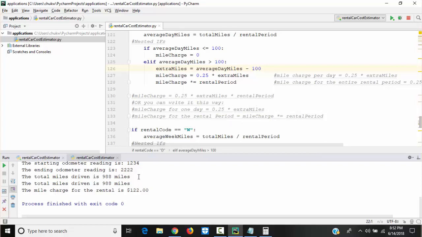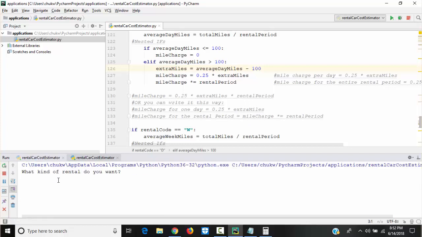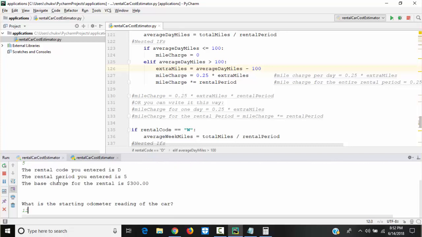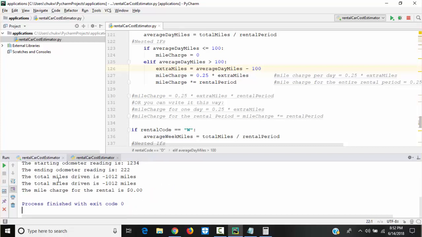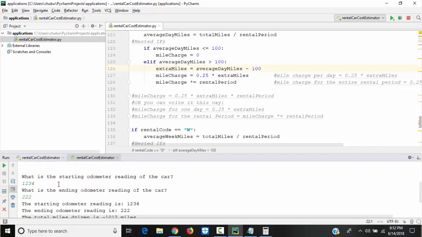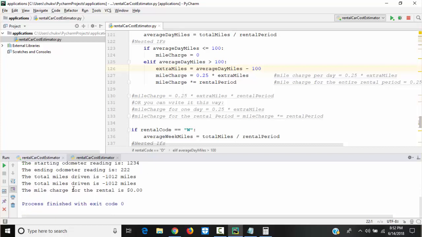What if somebody puts 1, 2, 3, 4 and then makes a mistake and puts 2, 2, 2? Let me show you what I'm talking about. D 5 1, 2, 3, 4 starting, and makes the mistake and puts 2, 2, 2. You know, we are human beings, and this is a programmed computer already. The cashier at the cash register makes a mistake and puts 2, 2, 2, and this still ran.